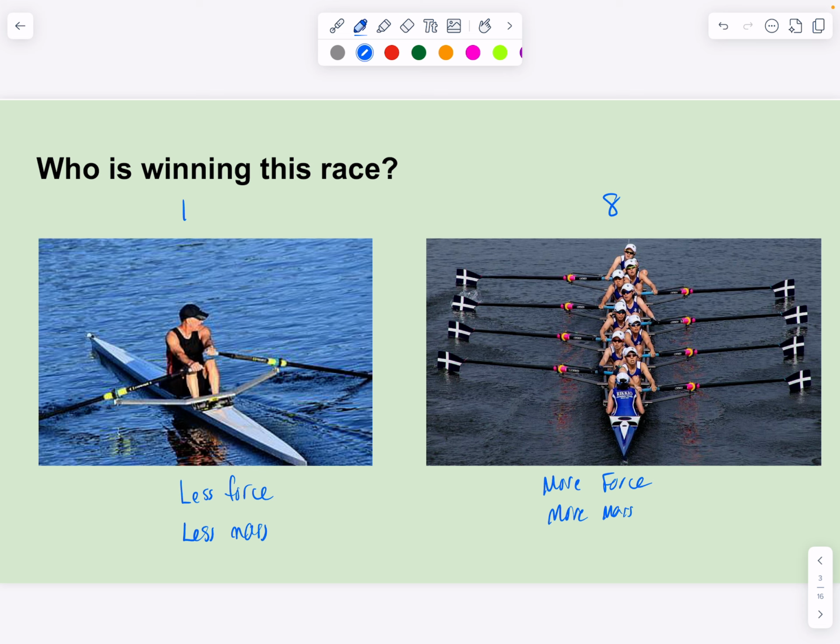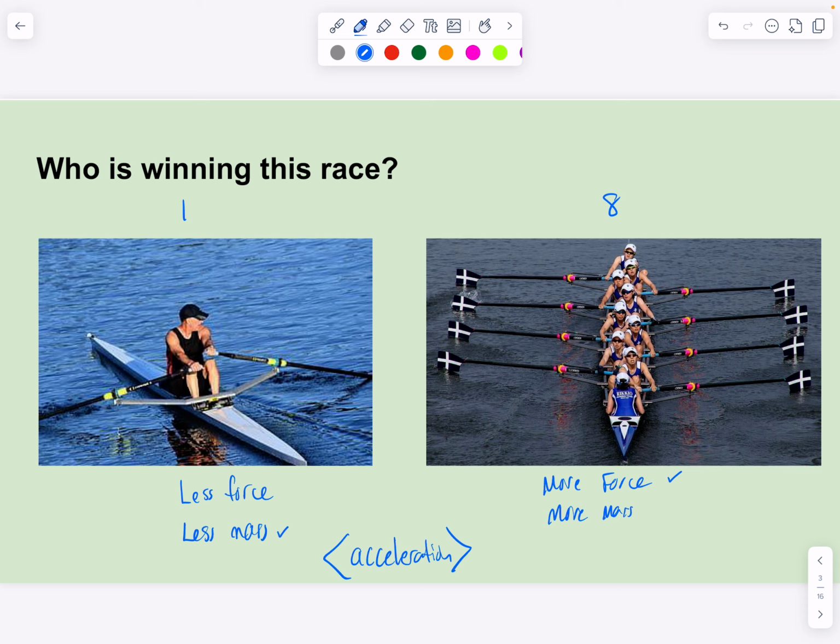And that difference is going to impact perhaps the other element of our second law of motion, the acceleration of the boat. Which one might accelerate faster than the other one? That's what we have to start talking about and figuring out: how does this actually work? There are different things. One could win for one reason, one could win for another. This boat might win a race because it has more force. This one might win a race because it has less mass.